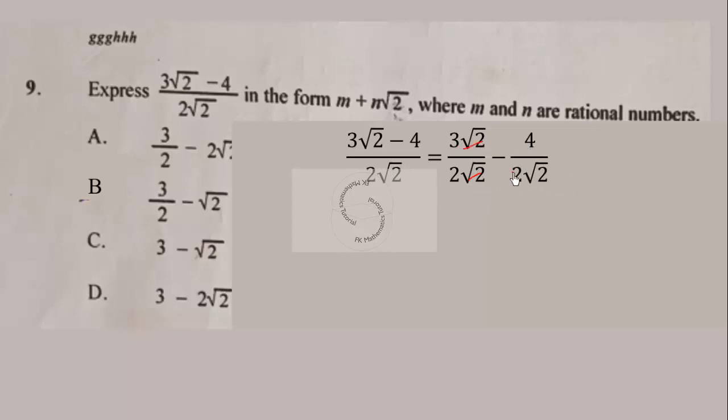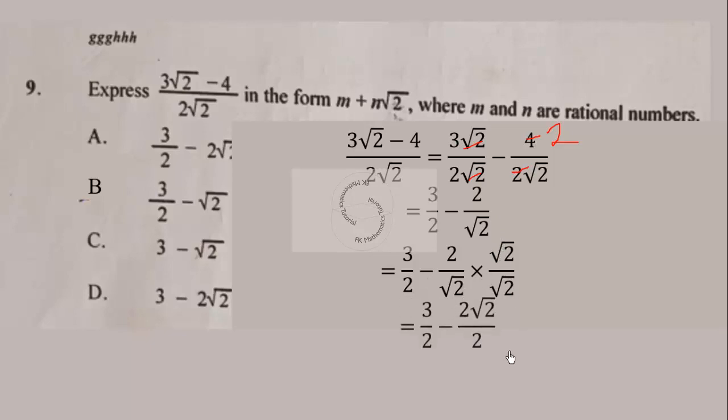Then 2 will go here once, and 2 will go here 2 times. So we are left with 3 over 2 minus 2 over root 2. We can now rationalize the second fraction here. So we multiply both the numerator and the denominator by root 2, and that will give us 2 root 2 over 2, which is the same as 3 over 2 minus root 2. So the correct answer is